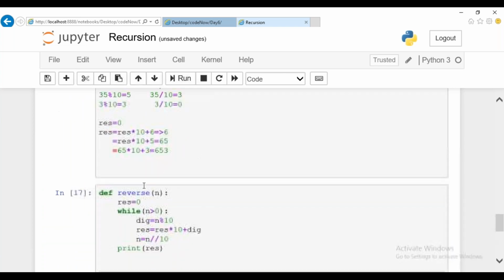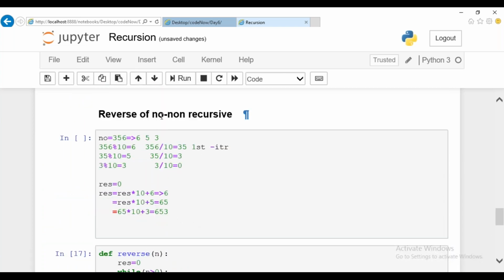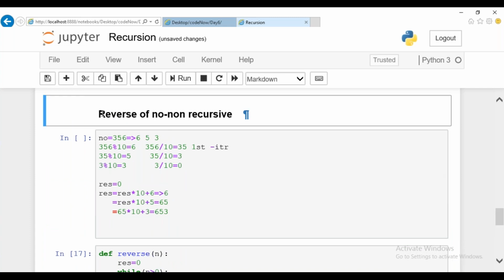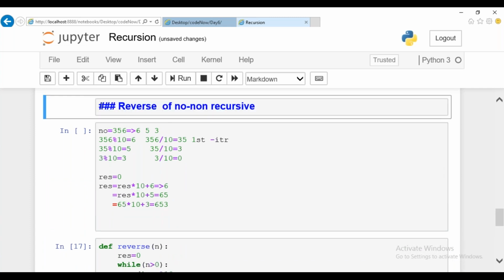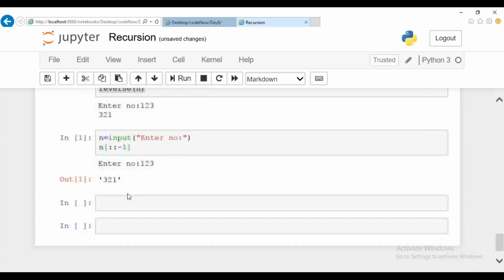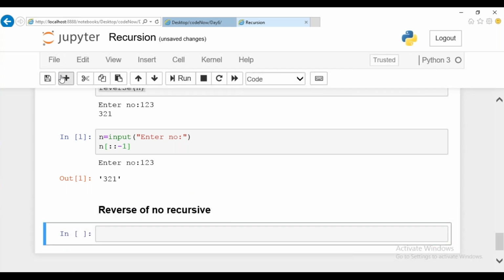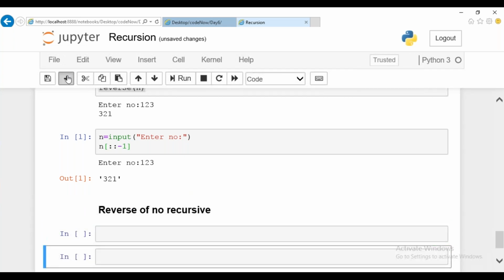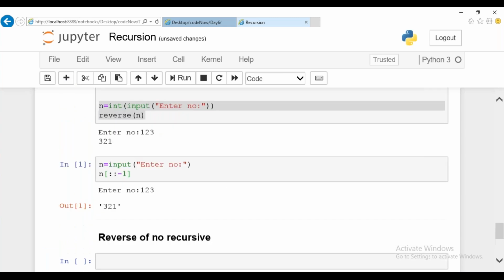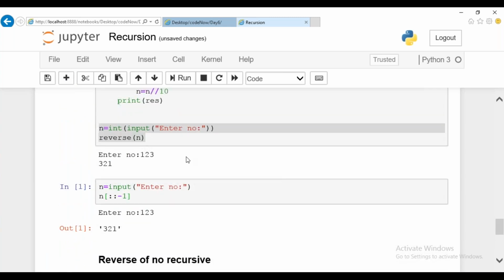Okay, we have seen the non-recursive way, guys. Can you people try it for the recursive method? Come on soon. Reversing a number by using recursive method. I guess everyone knows how to convert it. Come on, try it out.